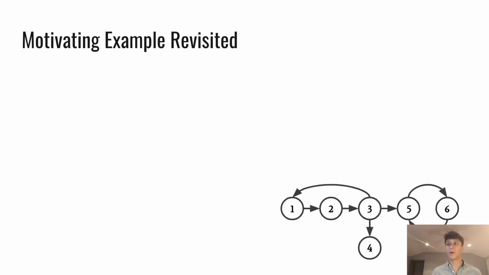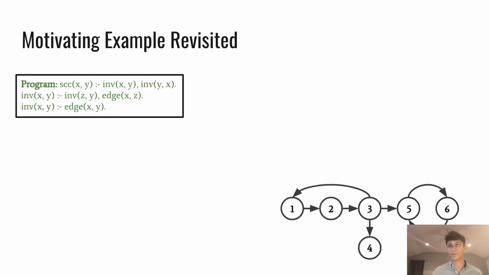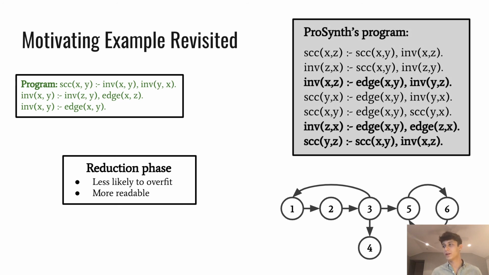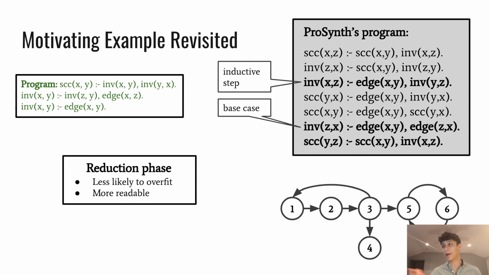Now we revisit the motivating example, keeping quality of result in the back of our mind. Remember the program that we synthesized for SCC. It's compact thanks to the reduction phase. But when looking at a tool like ProSynth, which has no equivalent, its program is large and likely to overfit the input-output example. And in fact, we show that these two rules derive a path-output relation, in which case this